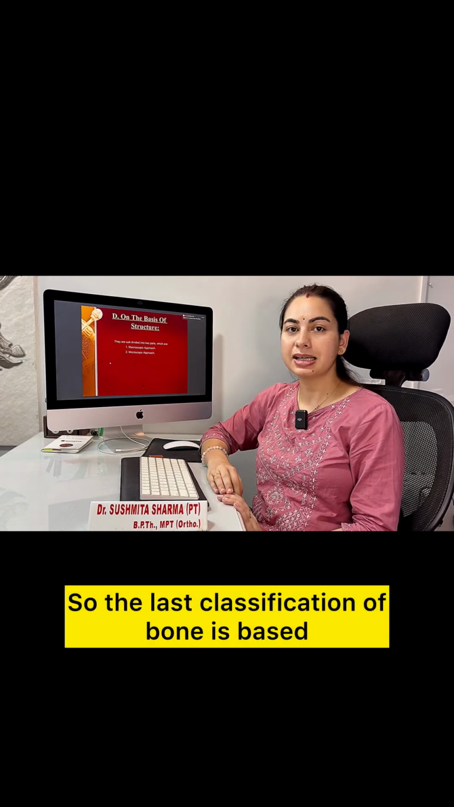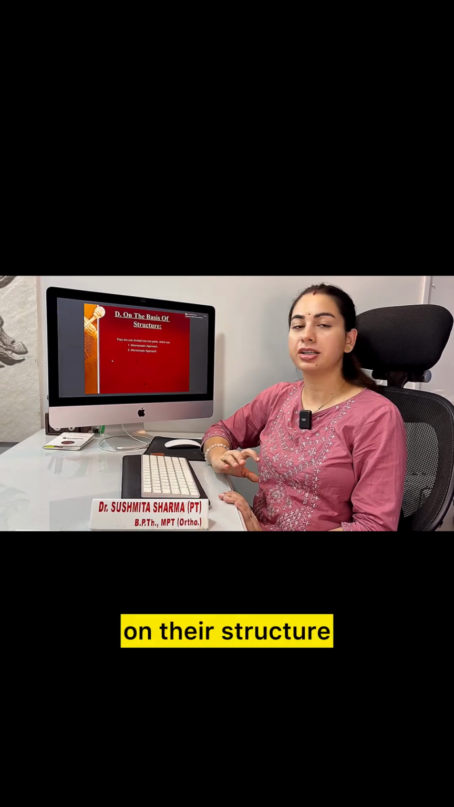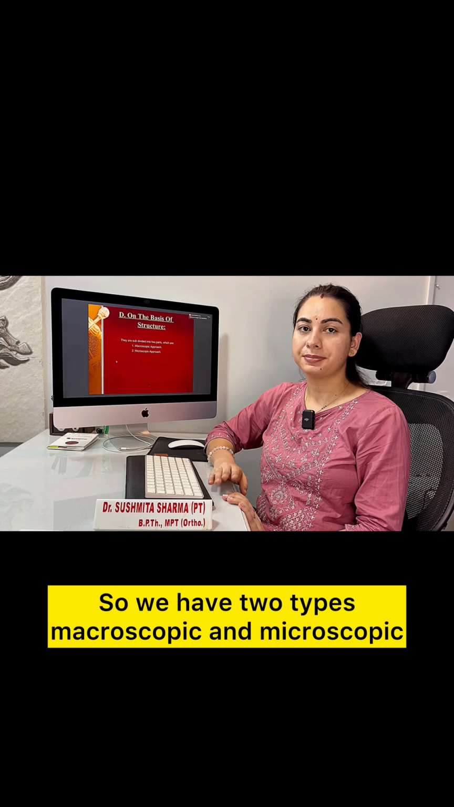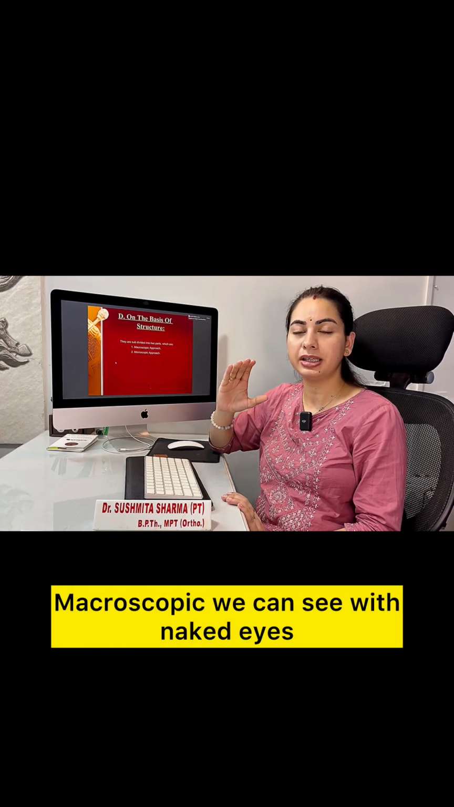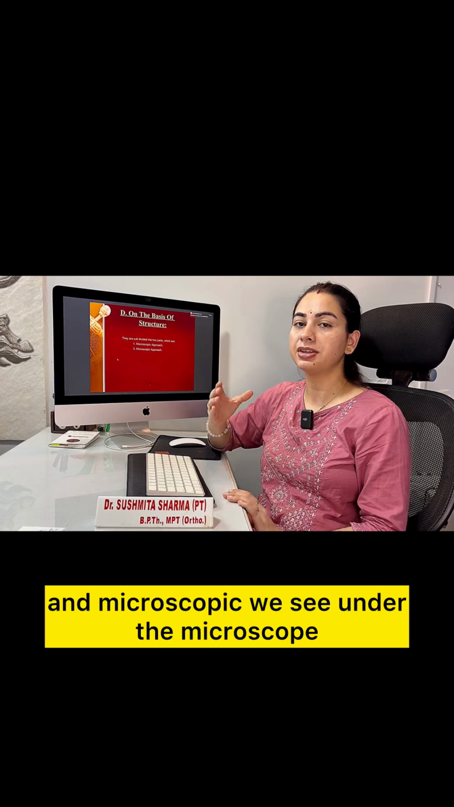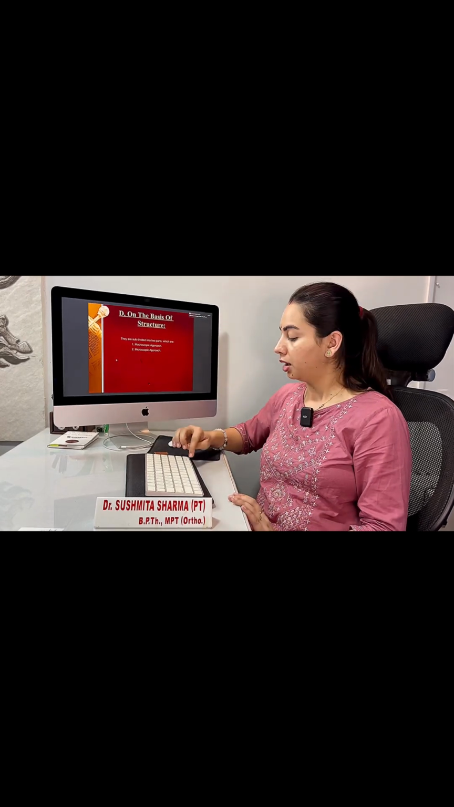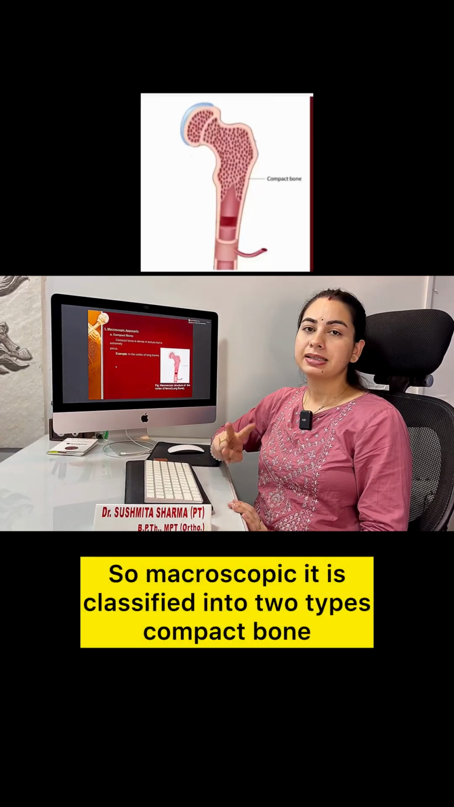So the last classification of bone is based on their structure. We have 2 types, macroscopic and microscopic. Macroscopic we can see with the naked eye, and microscopic we see under the microscope. So macroscopic is classified into 2